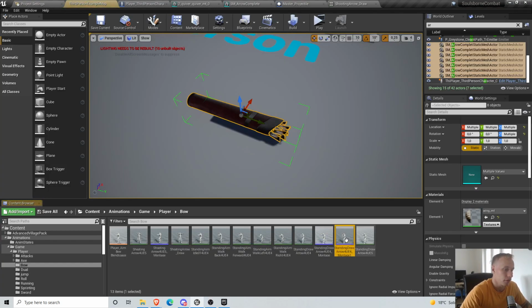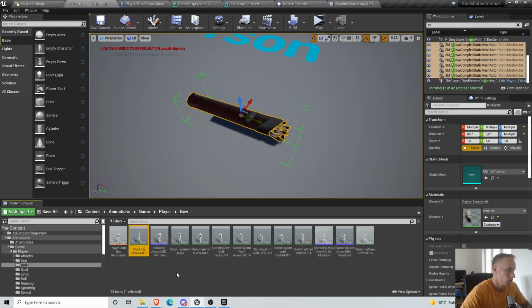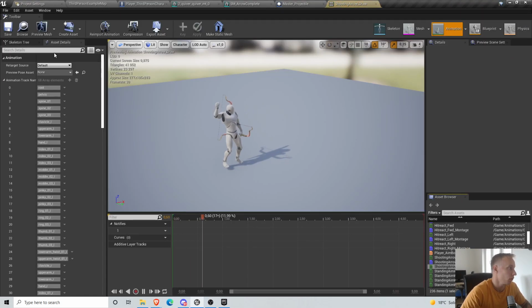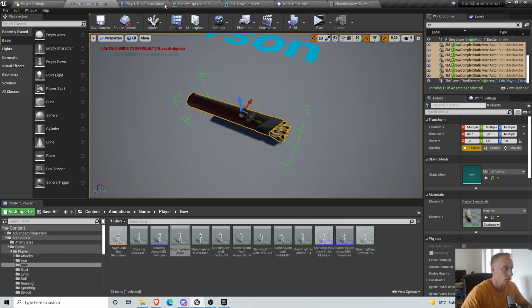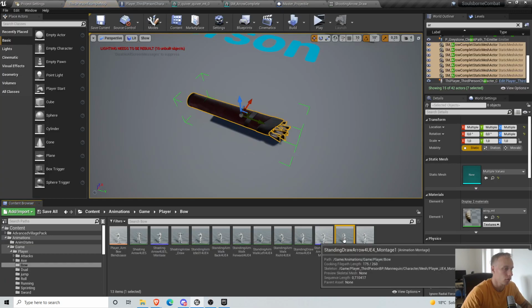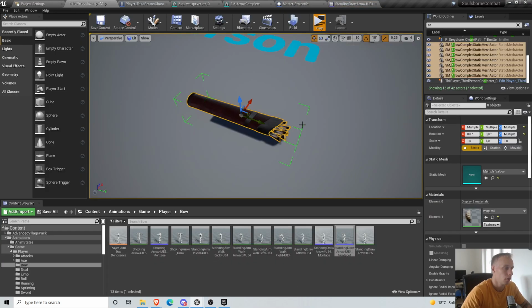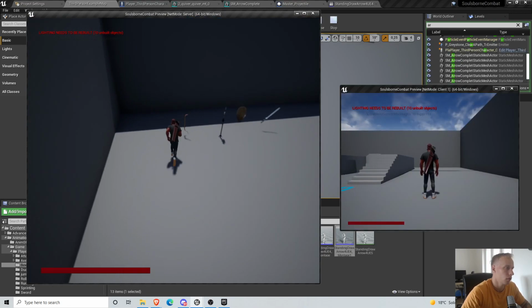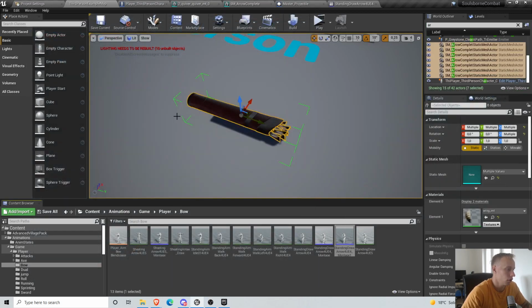Now we are playing this animation, which is a way quicker one. So we could obviously do enable root motion. Actually, you don't have to enable root motion, because this is playing on the upper body, right? No, it's not. Am I mixing them? It's just that it's very quick. So anyway,